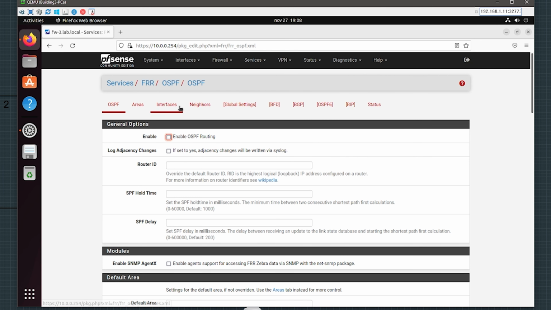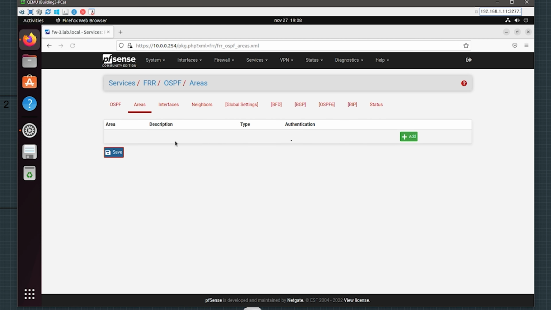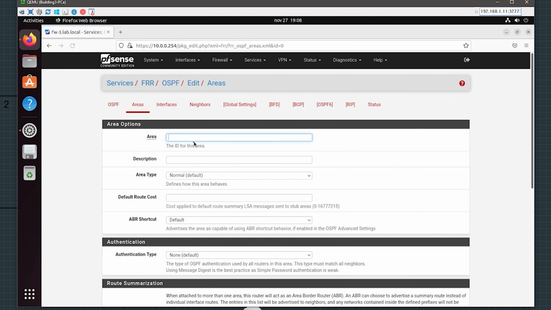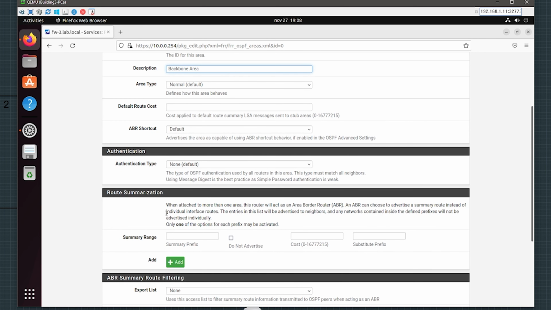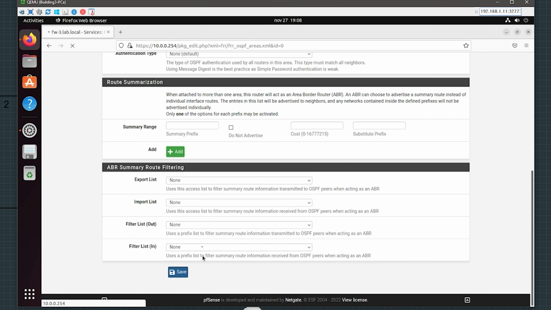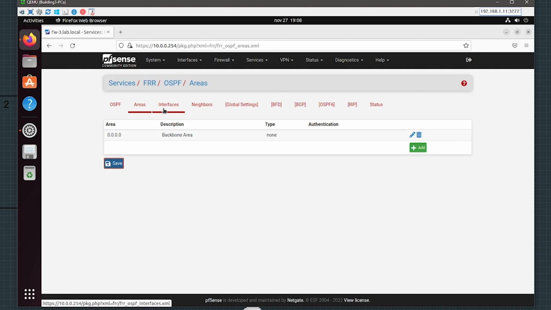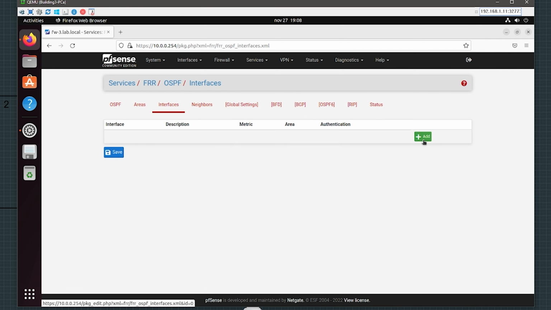And for this, we're going to hit Areas first. We're going to add an area. We're going to set our default area as 0.0.0.0, and this is the backbone area. We're going to leave all of the rest of this the same. And hit save. We're going to go to interfaces, add interface,